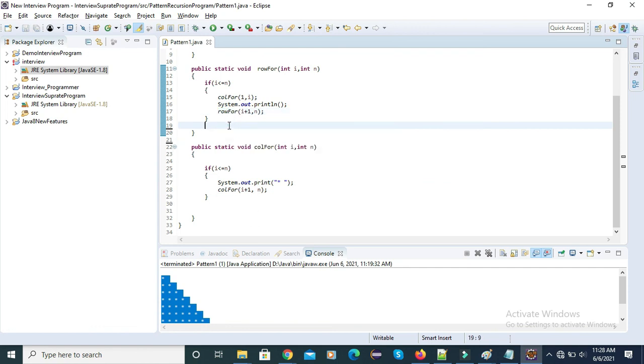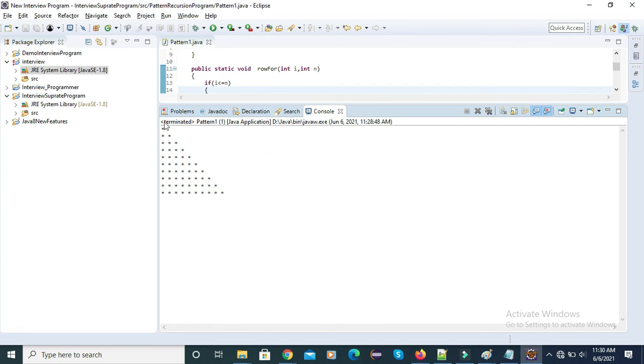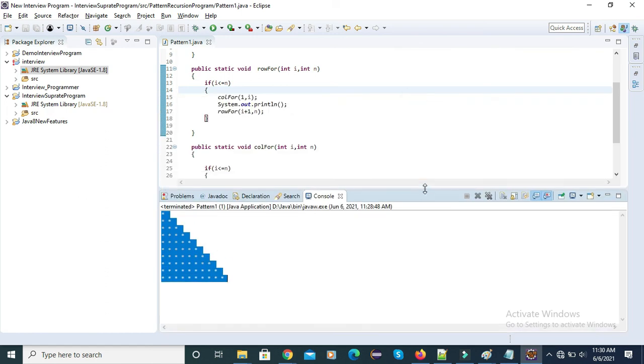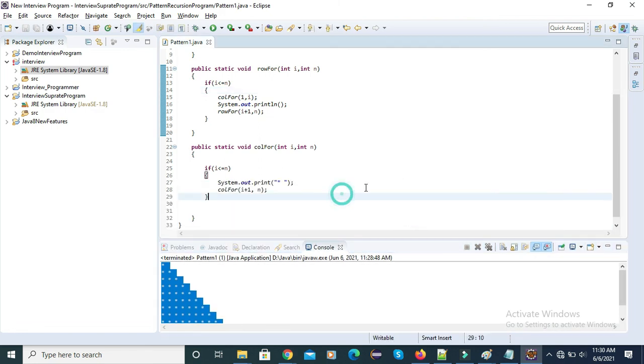Let's save this and run this application. Here you can see we got this output, the star pattern output that we earlier also got using a for loop, but we can achieve the same thing without using any loop. So don't let anyone say we can't write this program without using a loop. That's why interviewers ask this, and this approach is also called something like dynamic programming.